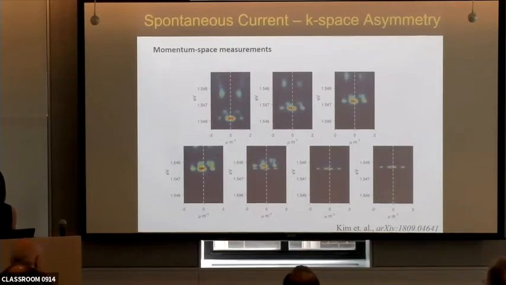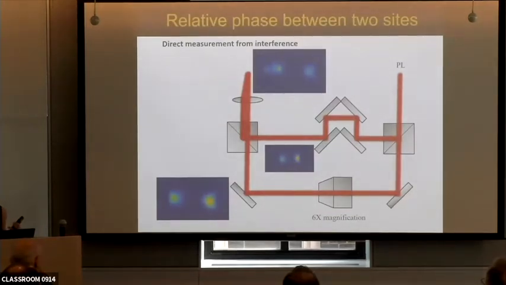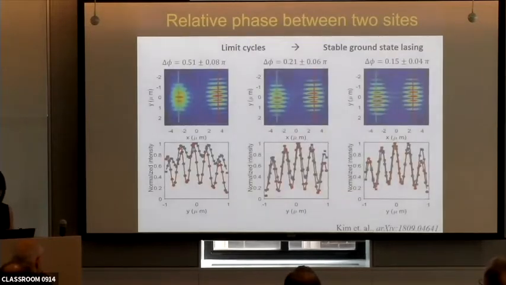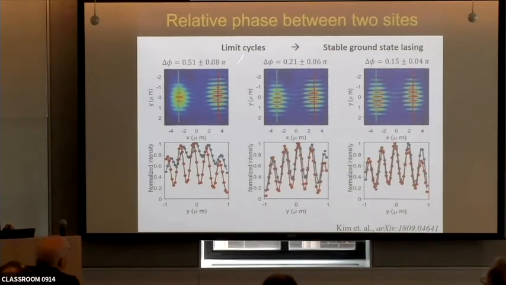And the last telltale is the phase relation between the two sides. We can magnify one side and interfere it as a reference with both to measure the phase relation. That's shown here, the two sides. They have a slight shift, which you can also plot out more clearly in the line spectrum. There is a shift in the phase, which is about half pi at this power, and it decreases toward 0 as we eventually go into the bonding state lasing limit.